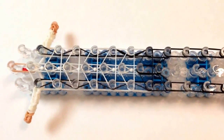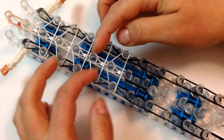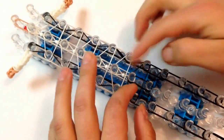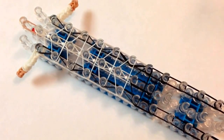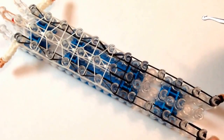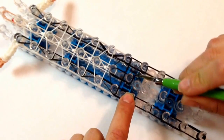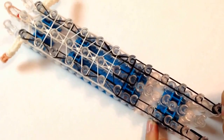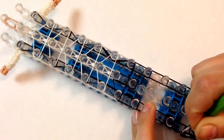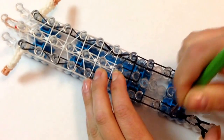Okay, so now this part is done. I'm just going to give everything a quick little push down. There's a lot of elastic, so we don't want to be grabbing anything that we're not supposed to. So now I'm going to start to loop up on my left, and I'm going to stop at where this holding band is. And then I'm going to do the same thing on the right. So just reach in, go up, reach in,